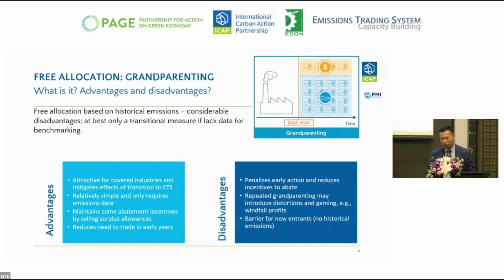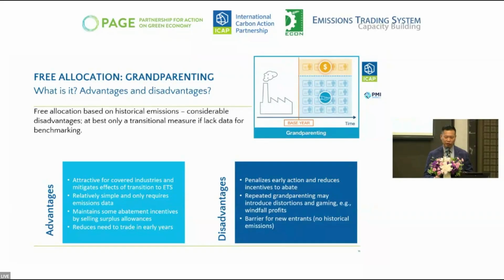So that was auctioning, and the other method is free allocation. Like I said, free allocation can help the whole industry or the whole society smoothly transfer to ETS, especially at the very beginning. So we see a lot of new ETS, even EU ETS in the first and second phase, was mainly using free allocation. And there are three major ways